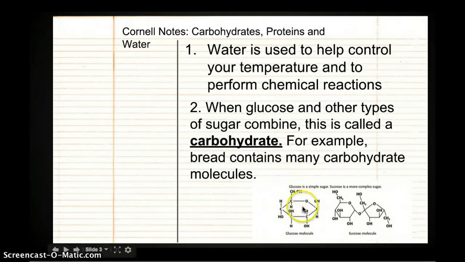So if you look over here, here is a glucose molecule. You've got the hydrogens and the carbons, and it's all bonded in this kind of pentagon shape. But in a piece of bread, all these sugar molecules, or glucose, are bonded together. They're attached. And this attachment is called a carbohydrate. Bread has thousands and thousands, or even maybe millions and millions, of chains of glucose molecules, which are called carbohydrates.